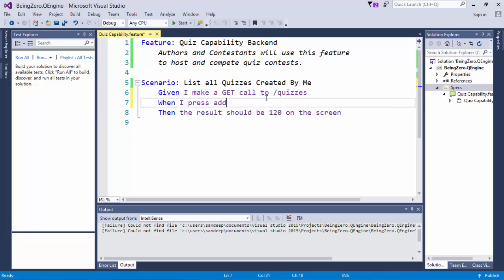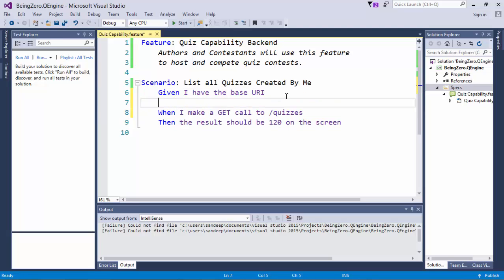Given I make a get call to quizzes, when... this should be defined, 'I make a get call' is an action. Given I have the base URI, so if I know the URI of the site and I make a get call to quizzes after appending to the URI, then